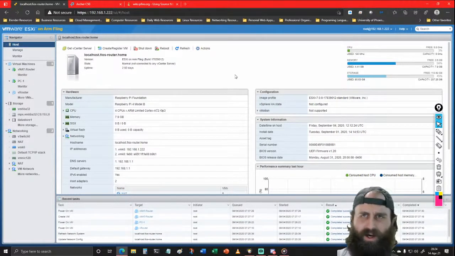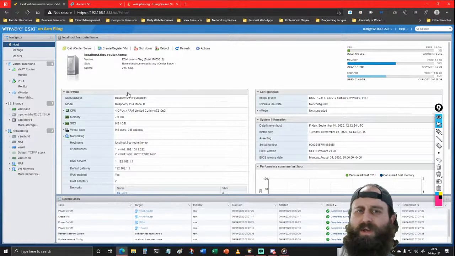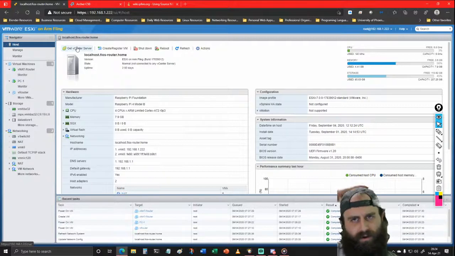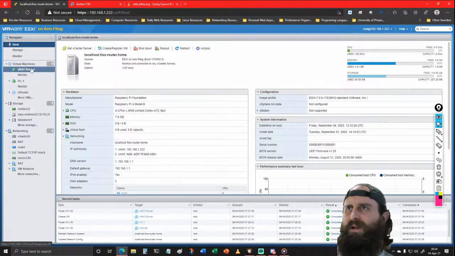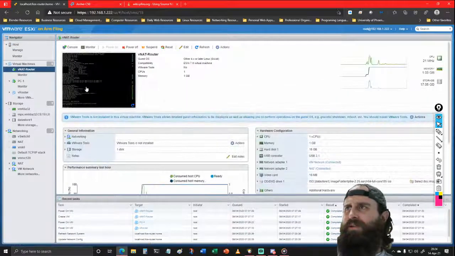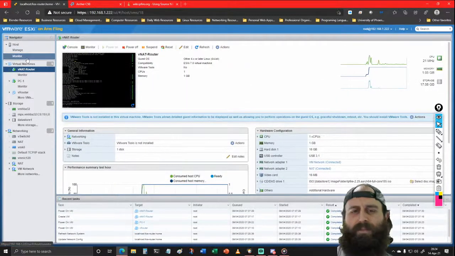You're pretty tech savvy. This is ESXi on ARM Fling. So this is ESXi on a Raspberry Pi that I got going on, which is pretty neat. And if you know anything about ESXi on top of ARM,